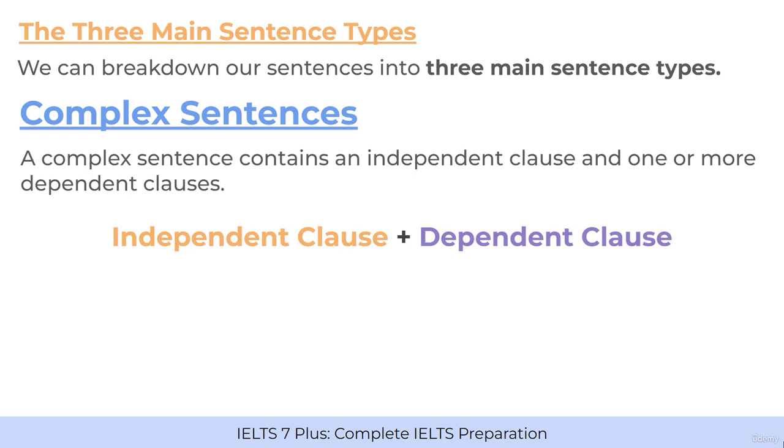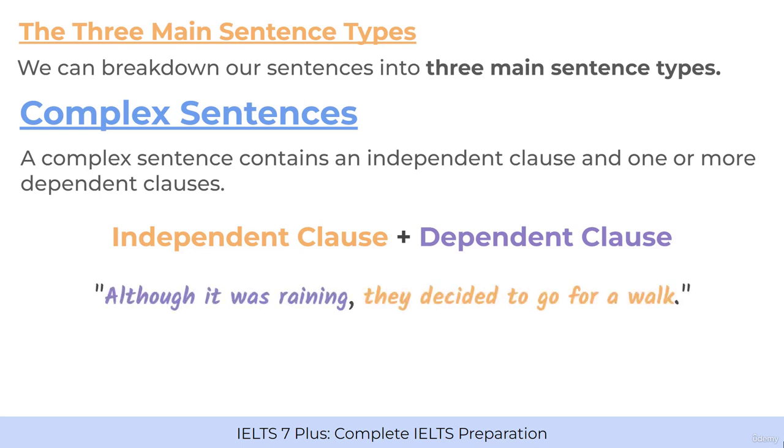Now we use a comma to separate them. We'll be coming back to punctuation shortly in a lot more detail. Independent clause, comma, dependent clause. One thing is very true here, we can switch them round. The order really doesn't matter so much, we can play around with that. Our first example is,